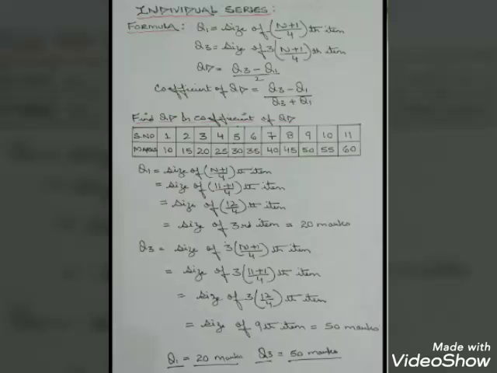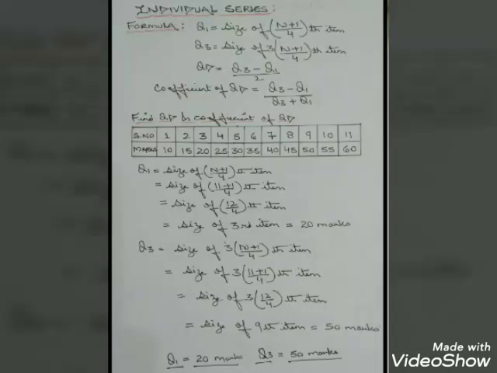Now children, what do you have to do? This third item means in the serial number you need to find the marks of the third item. The marks of the third item are 20. So we write that Q1 is size of third item, which equals 20. That means your Q1 is 20.